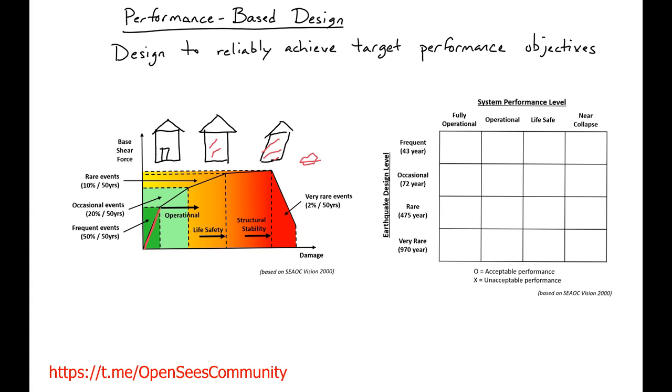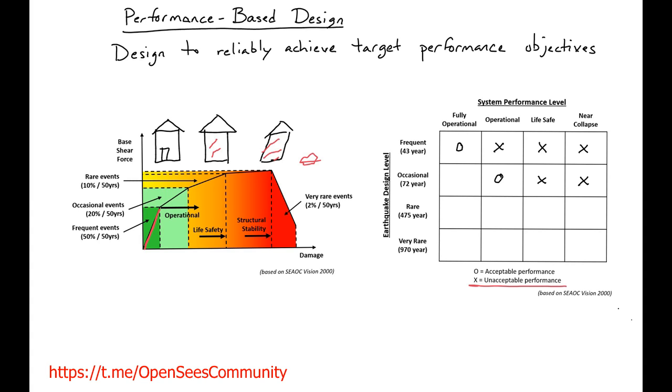So essentially, for frequent events, we want to have our structure to be fully operational. So if we're only operational, life safe, or near collapse for frequent events, then this is unacceptable performance. If we have an occasional event, generally we'll want our structure to be operational. So if it's an occasional event and we're only at the life safe stage or near collapse, then this is